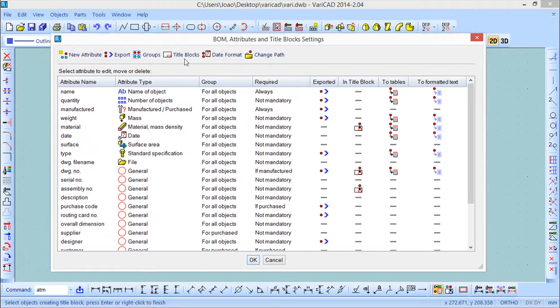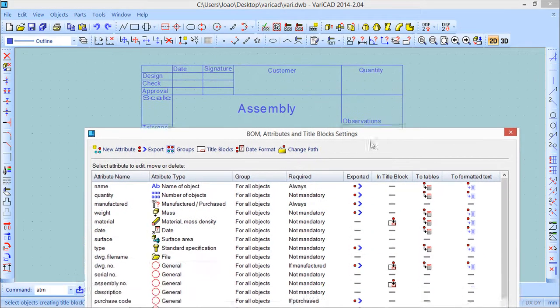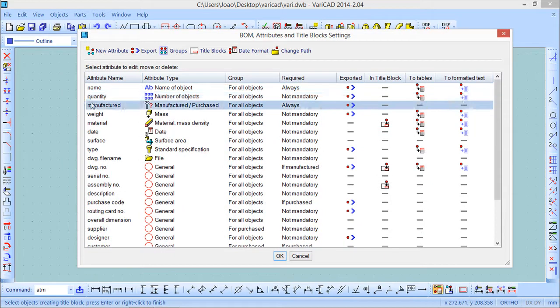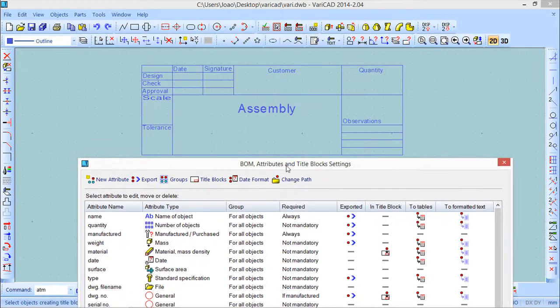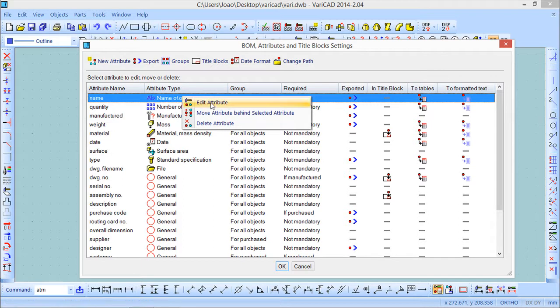So no need to make new ones in this particular case. So I will use these fields here to insert some value, some information, which is defined in this dialog box. So let us start the assembly. I can use this attribute here saying the name, and click with the right mouse button, so edit,